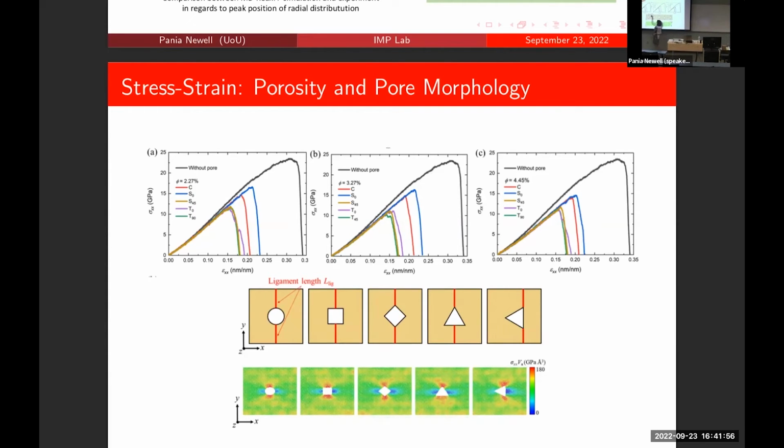So there is another pore here, and the distance from this pore to this pore, or the edges, since there are pores on the left, right, front and back, the spacing between them we call the ligament length. That ligament length is the dominant factor deciding which one is the strongest case. That is the gap where you have solid material, basically. And that was the explanation of the peak stress values, the stress values at the global level for the entire system.